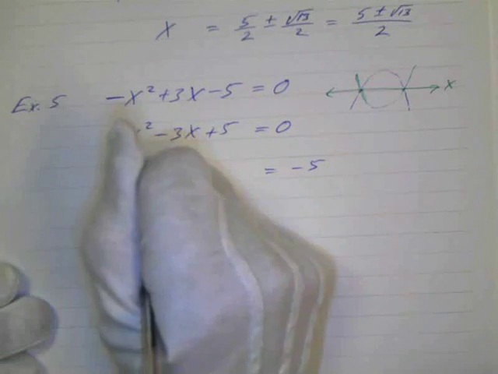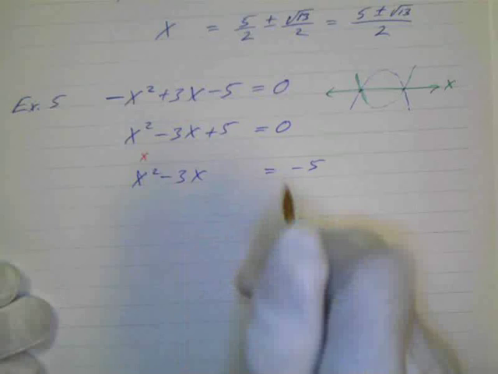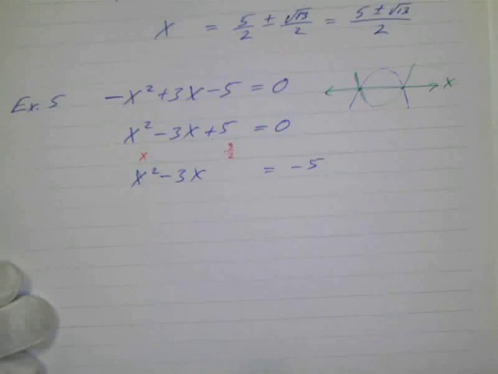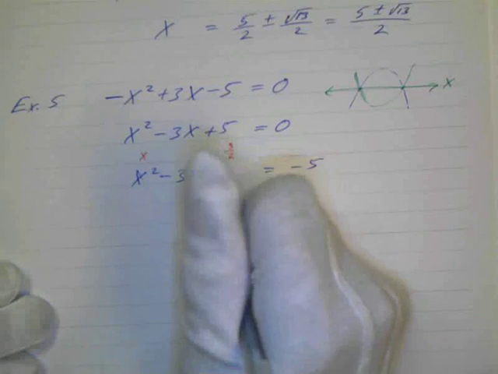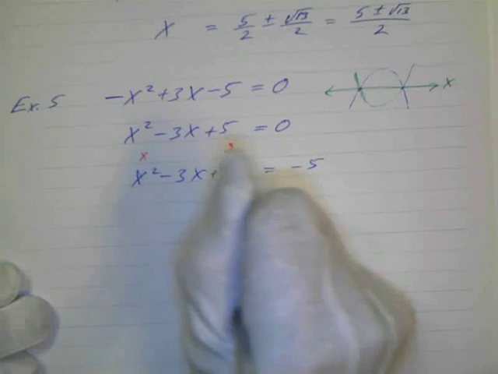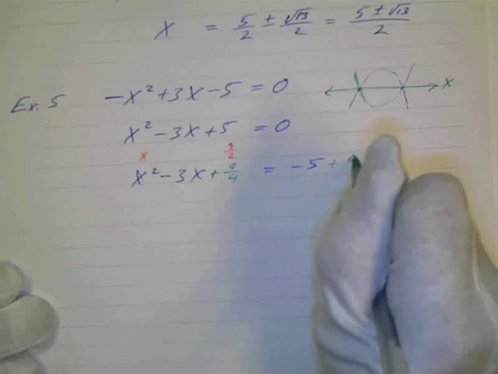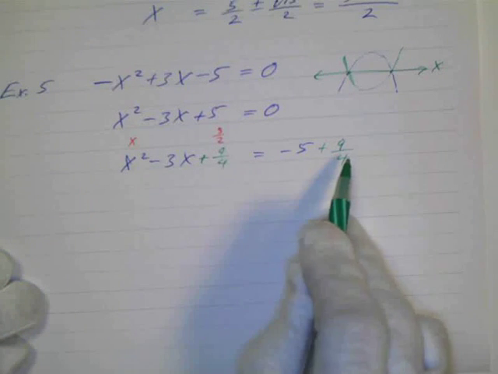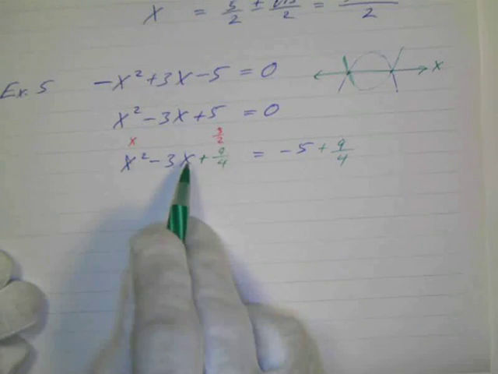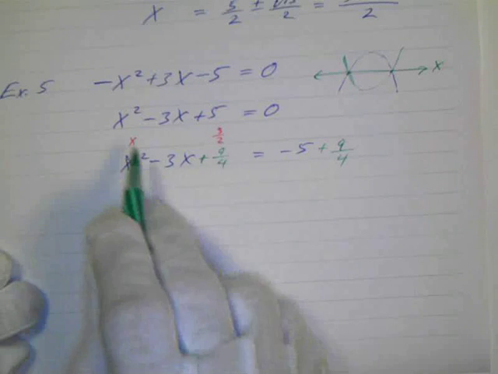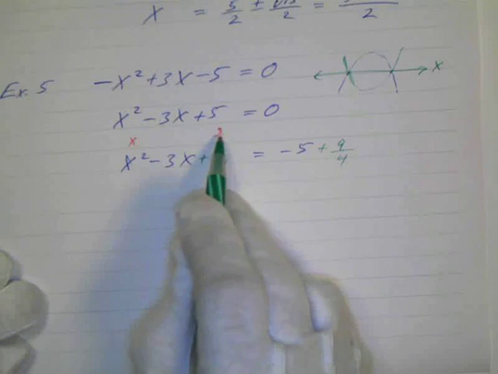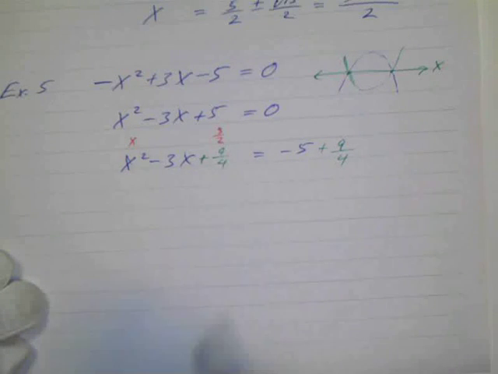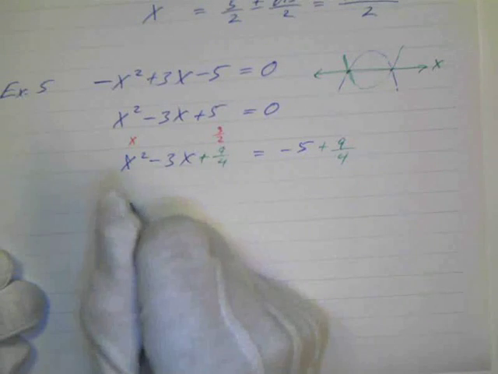And as before, x, and I'll take half of 3, which is 3 halves. And that's what I'm going to square. 3 times 3 is 9, 2 times 2 is 4, so that's going to be positive 9 over 4 plus 9 over 4. So we're adding the same number to both sides. And now we know we've created a trinomial square, because if this is a perfect square, that's a perfect square. If we multiply these, we've got 3 halves x. If we double that, we got 3x in the middle. So I know this is going to, in fact, be something like